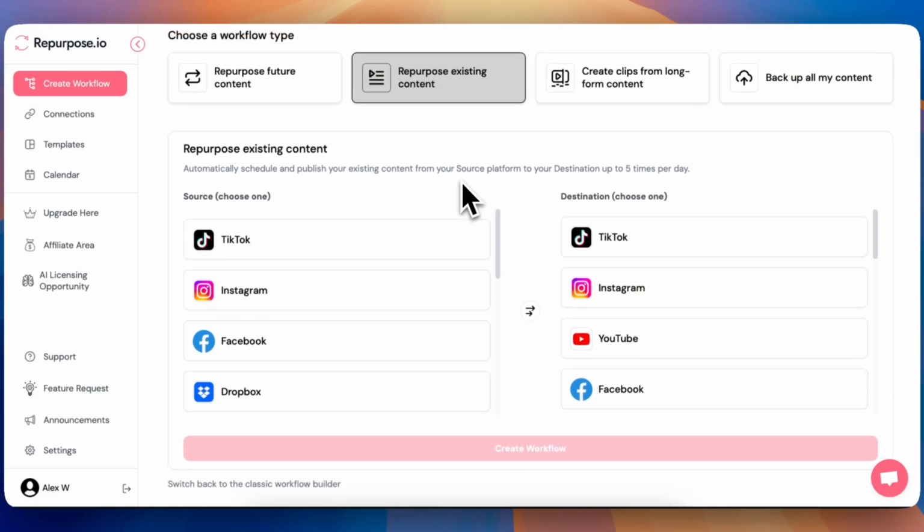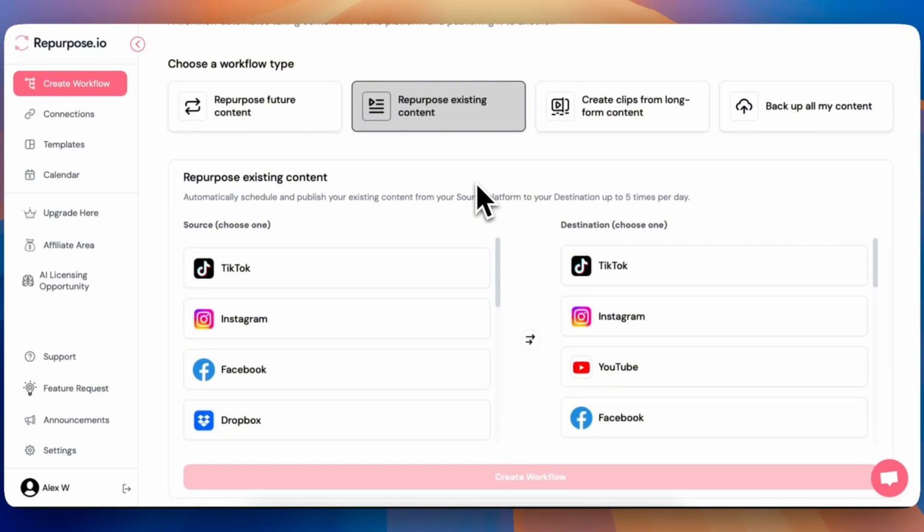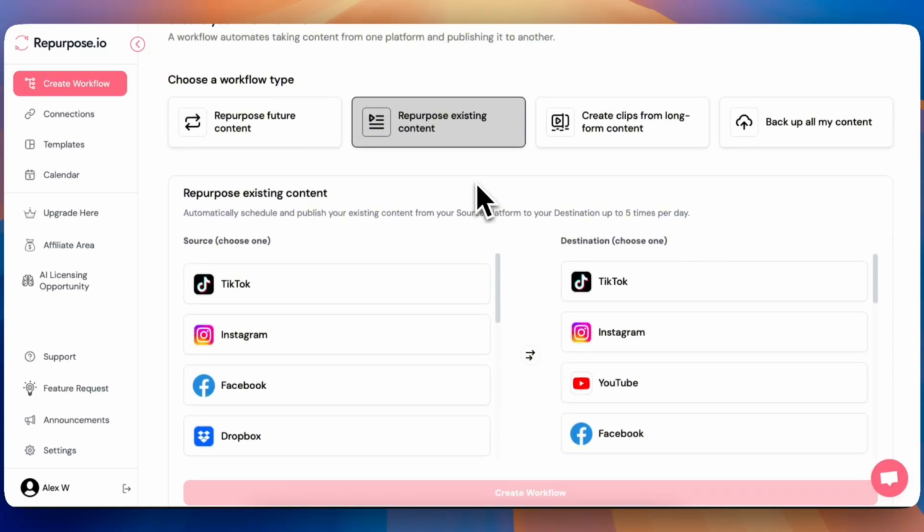The second one is going to be repurpose existing content. So say you have videos uploaded already on your platform. This is going to allow you to upload it to your new platform, and you can choose a bunch of